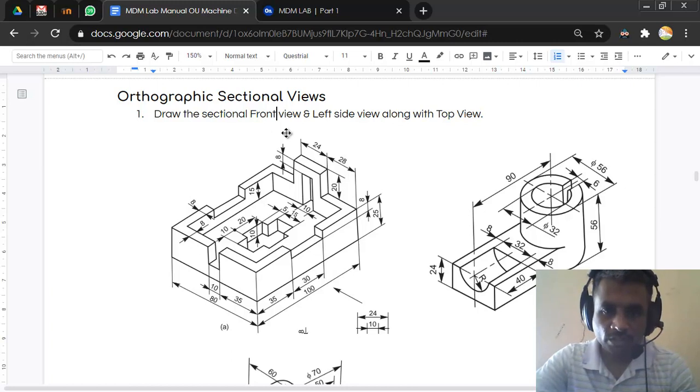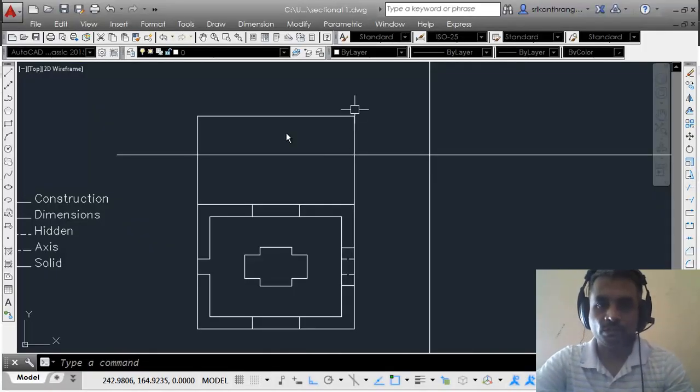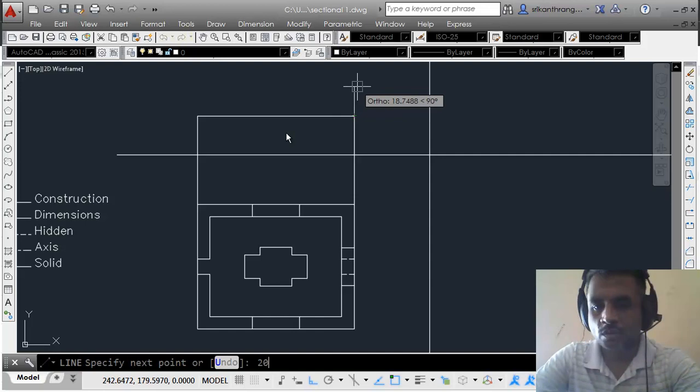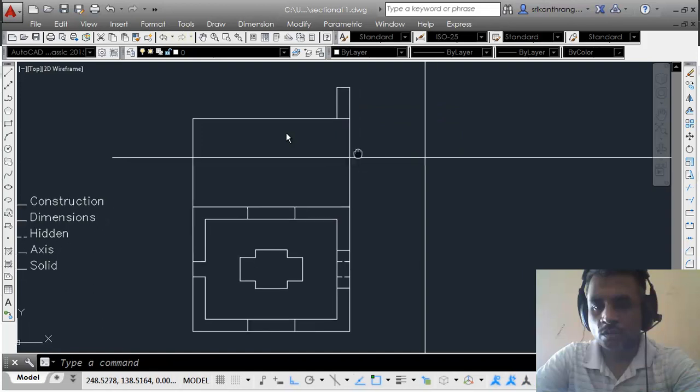So this part here is over. And then, okay, now we'll have to create a sectional view of this. Now, how does the sectional view look like? In order to get you to understand the sectional view, I have created here a complete 3D model of the object using another software.